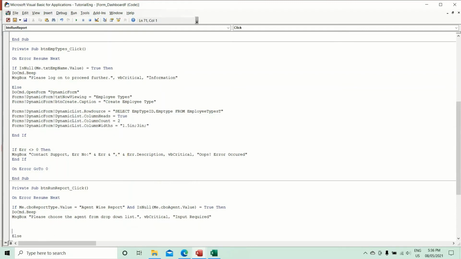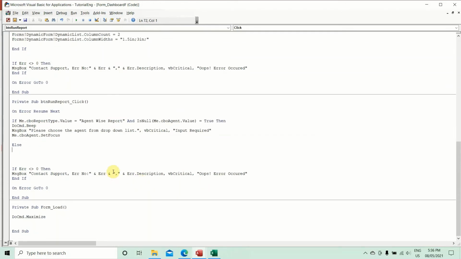Okay, let's set the focus also, me dot CBO agent dot set focus, so user would know what exactly they are missing. Else